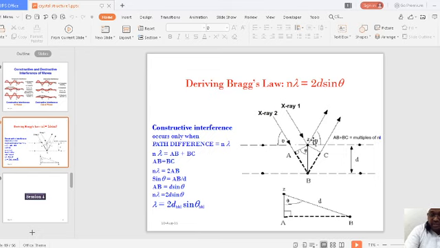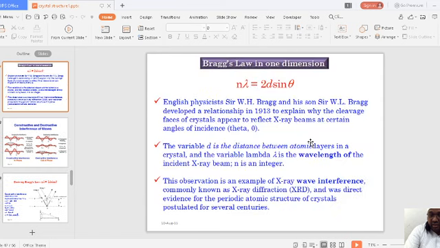When it is incident, it gets reflected here, and some of the X-rays go inside, get reflected from the second atomic plane and come back. Again they make some angle theta, at certain angles of incidence. The distance between the atomic layers in the crystal is d. Let us consider any two atomic planes, and the minimum distance between the two layers.